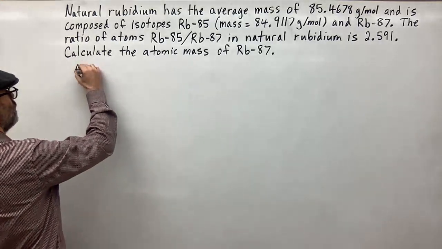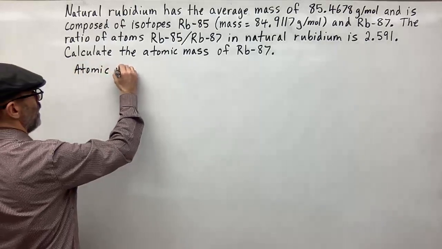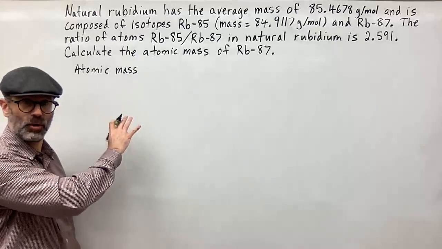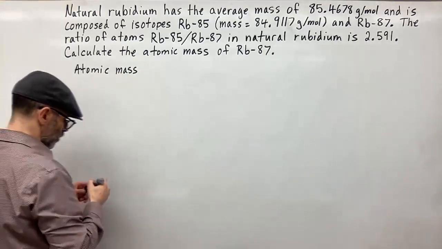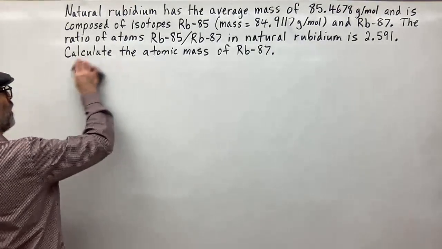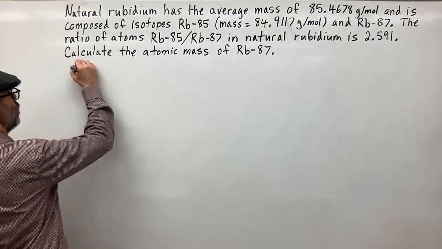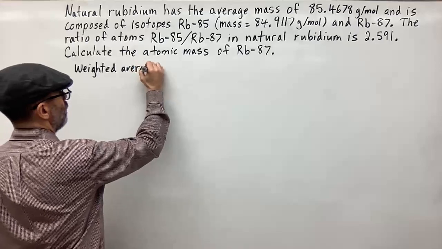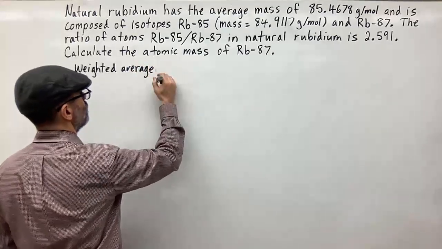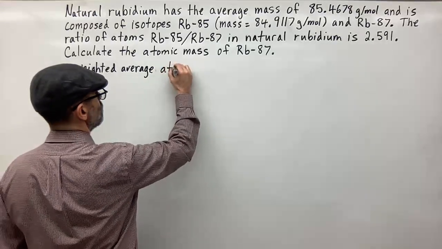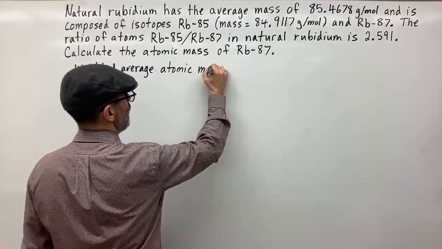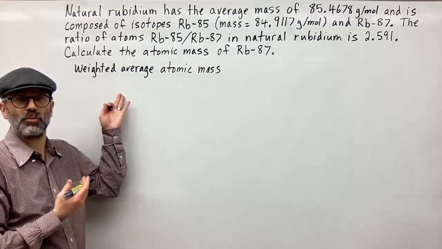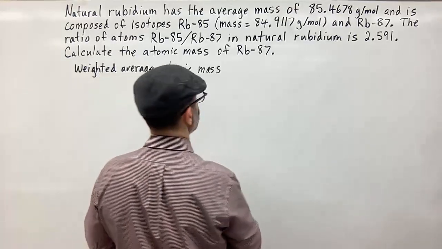So the atomic mass, this is the weighted average. This is what you would find on your periodic table. We could call it weighted average atomic mass or something like that. So the weighted average atomic mass. Again, this is from your periodic table of your element. So we would find this by looking up rubidium. This is going to be equal to